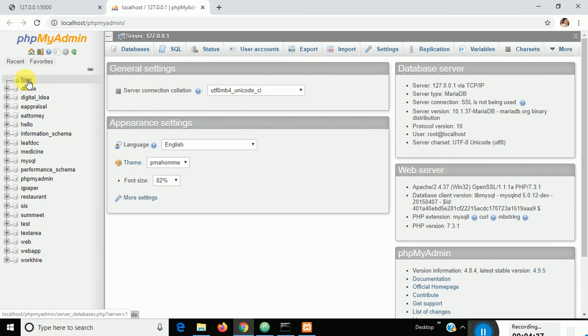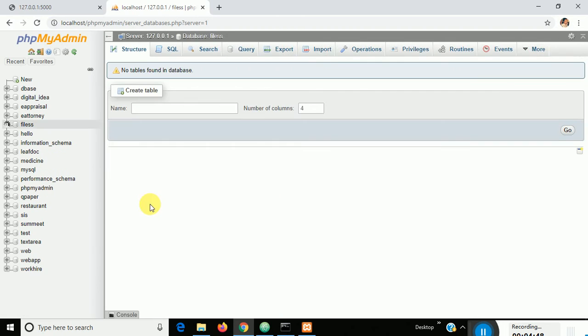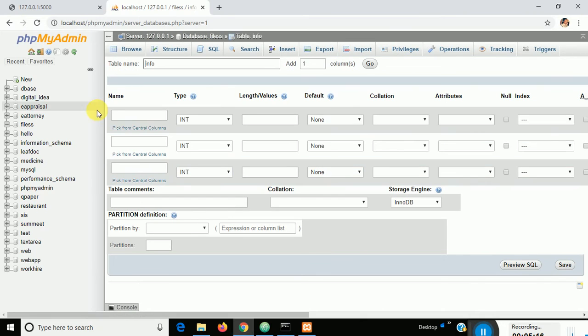So I'll create a new database. I'll type here files, which is the database I have created, and I'll put the table name as information or info. We'll put three columns. One is file name. Now it has been created.